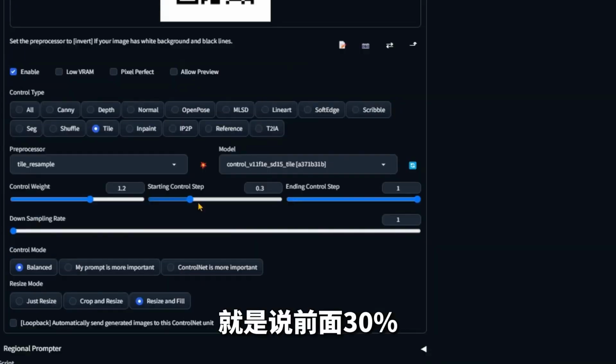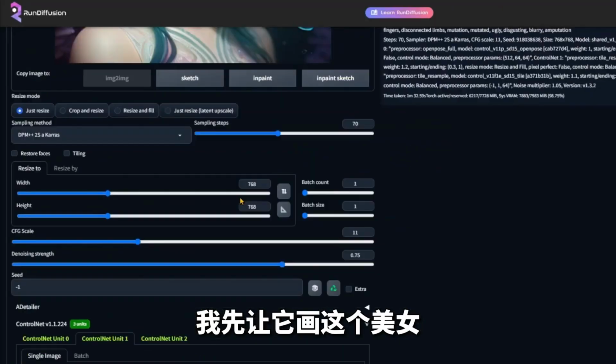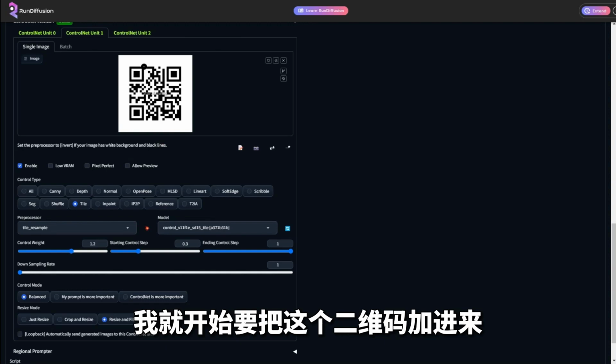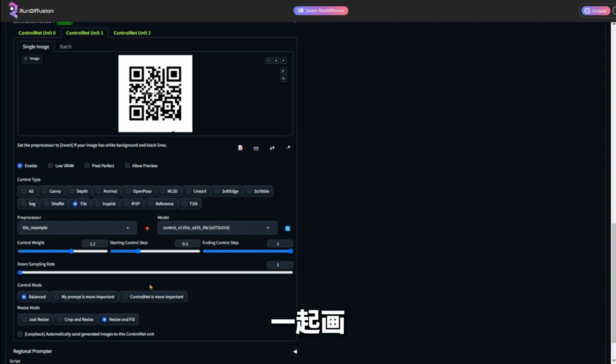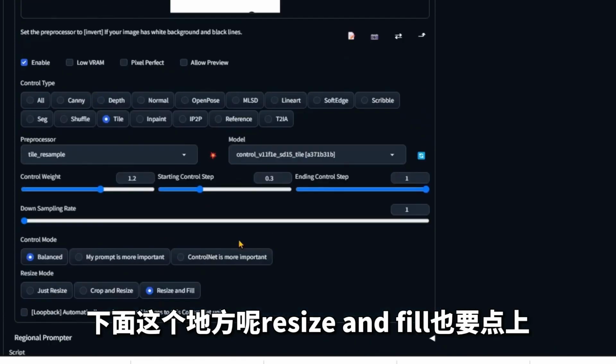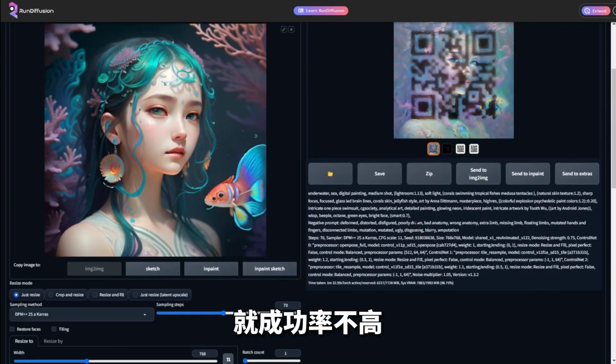What does this mean? It means that the first 30% I am not drawing this QR code, I first let it draw this beauty, and then at the 30% I start to add this QR code together with the drawing, and the following place, resize and fill, also point on that. In fact, the figure that comes out, the QR code is still difficult to scan,